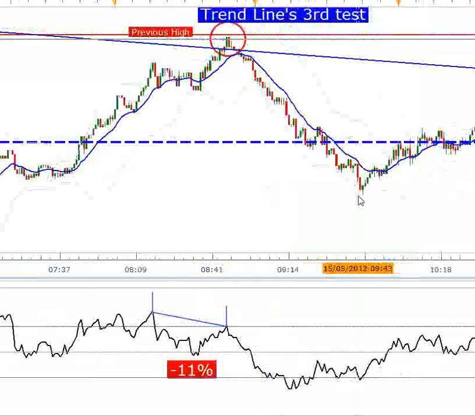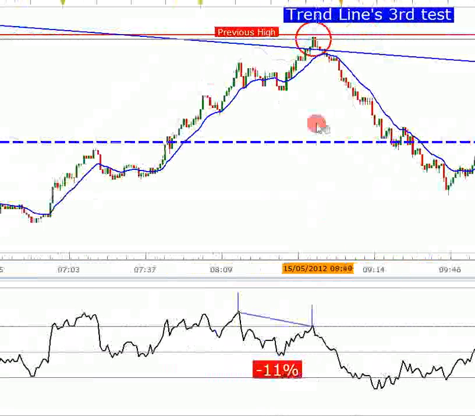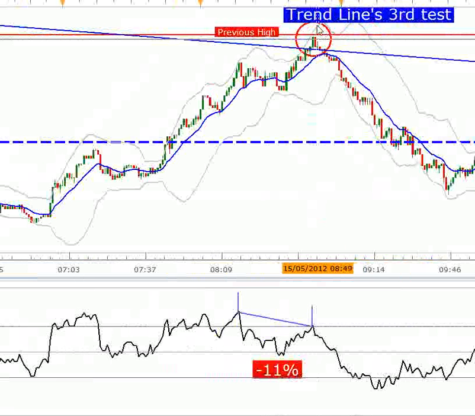down to 94.2. So say one contract on crude, which is $10 per tick, 80 ticks. That's an $800 trade that you could have taken, and your stop could have just been 20 ticks, just above that high and outside the Bollinger Band. So you could have risked $200 and made $800, which is a 4R trade. R is what you risk, and the 4 annotation just says you've made 4 times what you've risked,